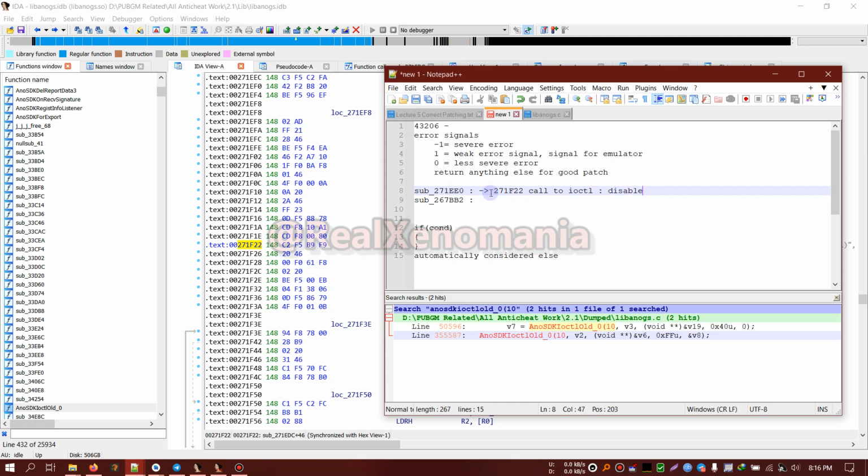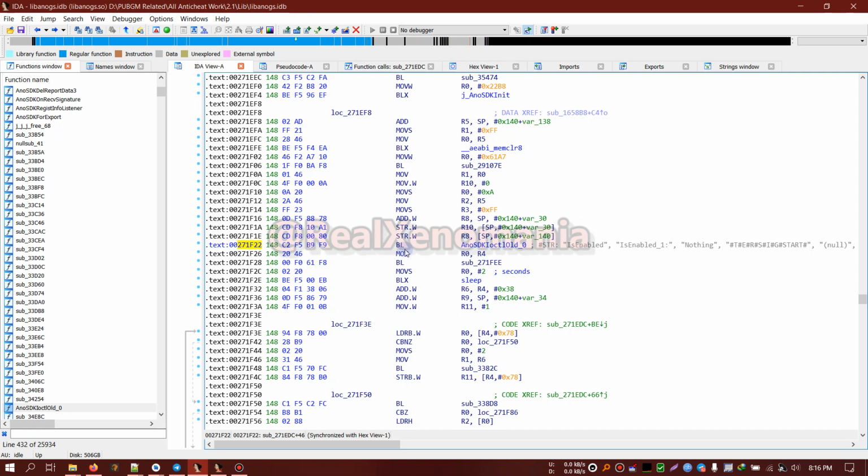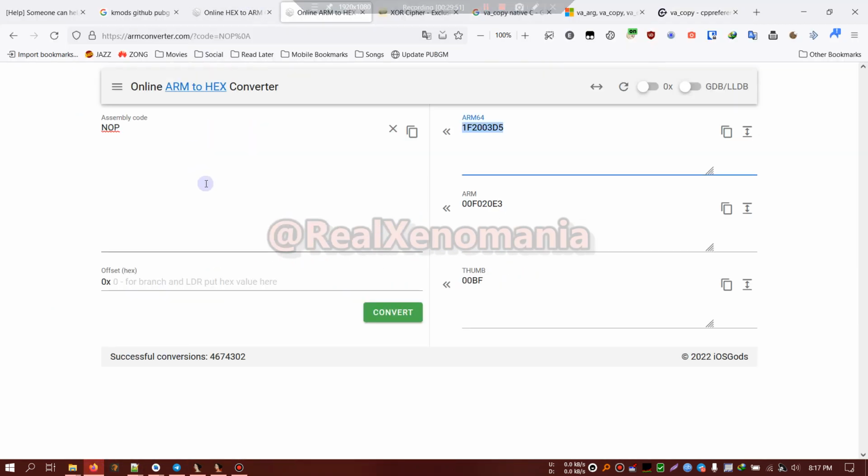Okay, we want to disable the call. For disabling, the first thing you have to know is the NOP. NOP stands for no operation, and no operation will tell the processor to simply do nothing when it reaches here. When it reaches here, we want to tell the processor to do nothing. So the first thing that you have to know about the NOP, you can browse this site armconverter.com,